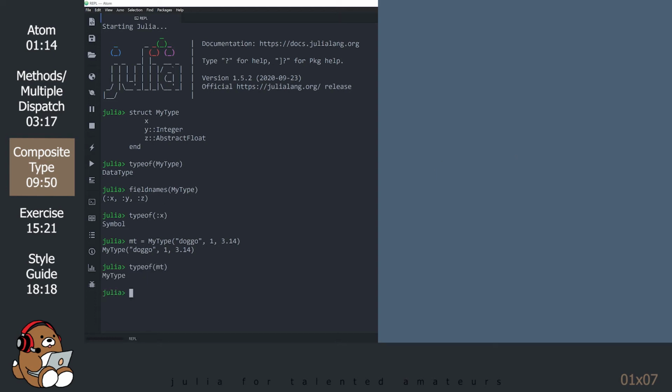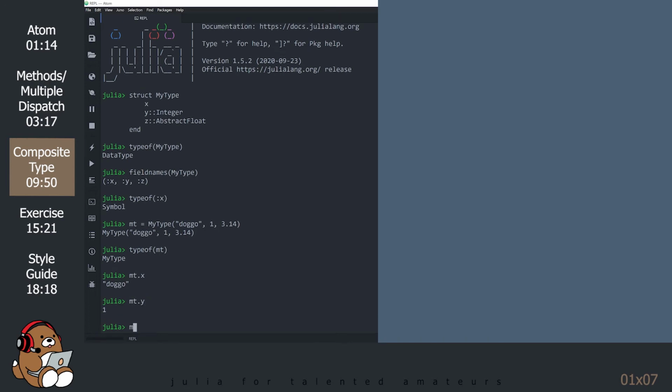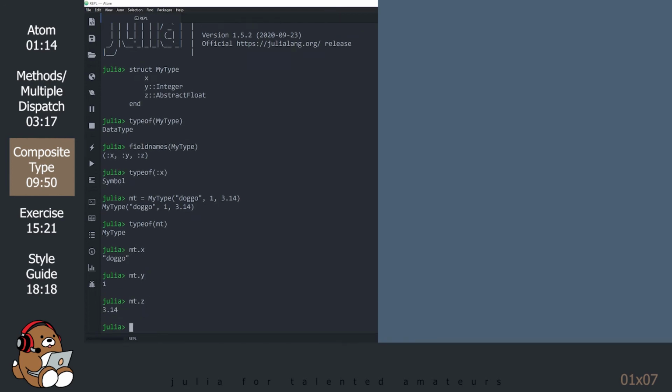Notice that the data type of the variable mt is of type myType. That's your composite type that you just created. You can access the field values using the variable name followed by a dot followed by the name field. Notice that your composite type is constructed similar to a dictionary.